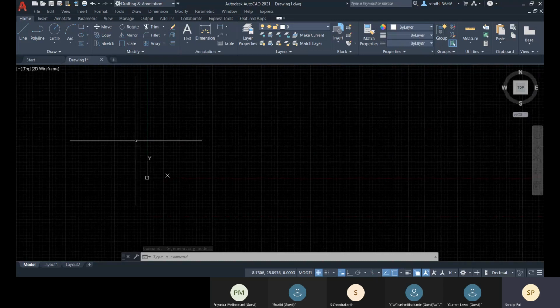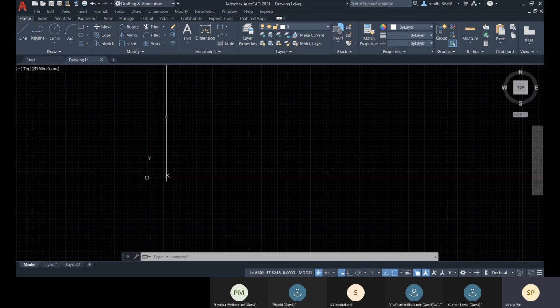So now we know how to draw some objects, and using modify we can create them easily and within very quick time. Now after completing our drawing or drafting, the time comes for annotation. Annotation is to describe all the details about your drawing, what it is all about, and all the dimension properties. All the details you will be providing through annotation.